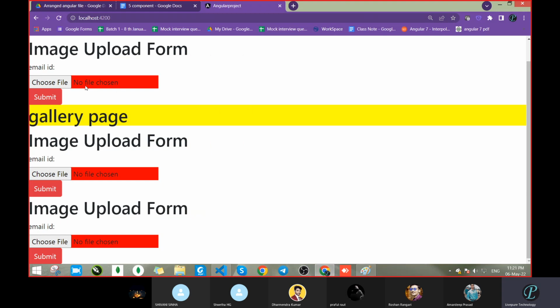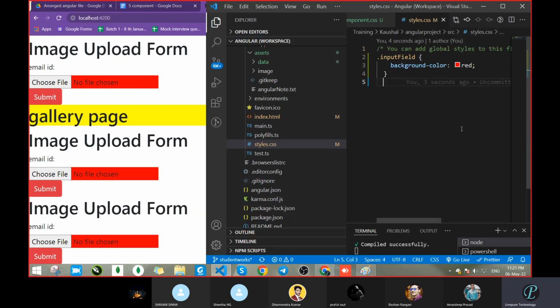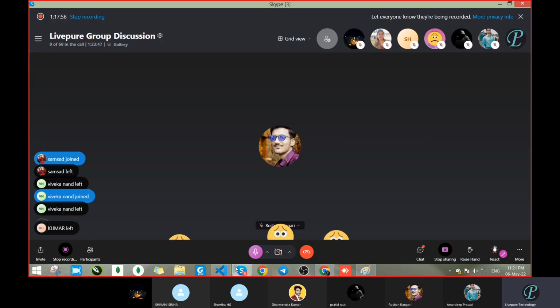See, we got red color. So this way you can pass any CSS to a particular component or to the complete program, means the project itself, with the help of the global CSS. So what we discussed today: we discussed how to create the component, how to